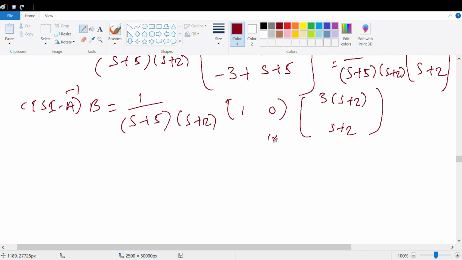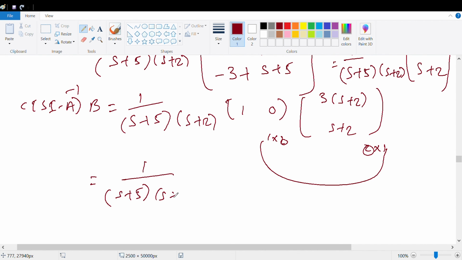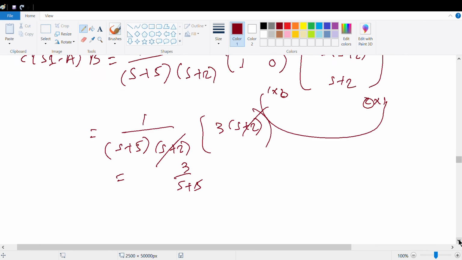This is a 1 by 2 matrix and this is a 2 by 1 matrix. So we get 1 by 1. 1 by s plus 5, s plus 2, a 1 by 1 matrix, 1 into 3 times s plus 2, 0. So we get 3 by s plus 5 here, because s plus 2 and s plus 2 cancel,